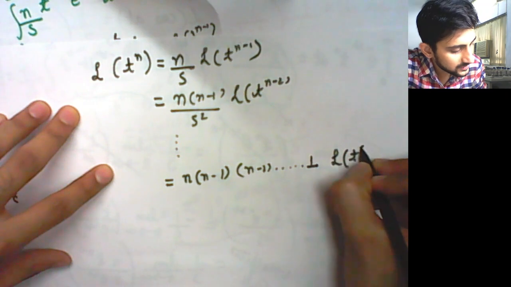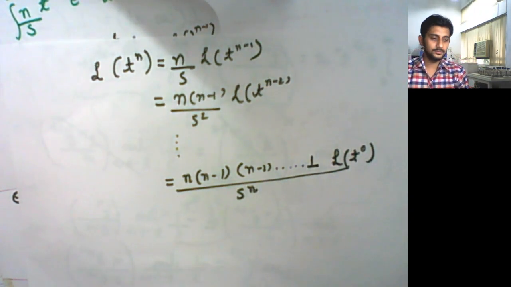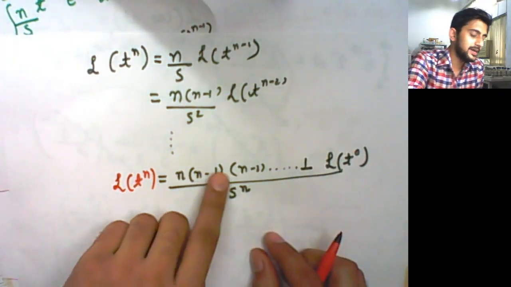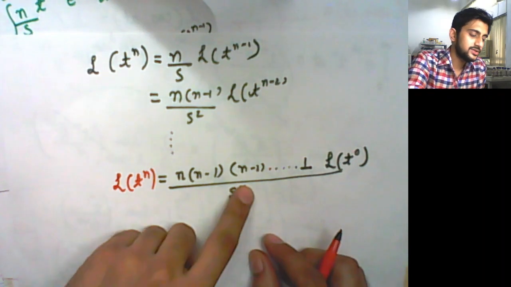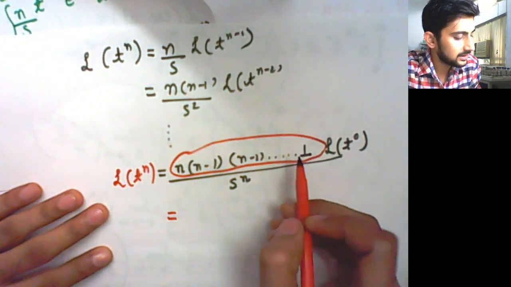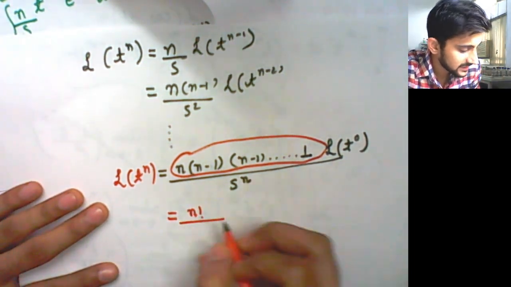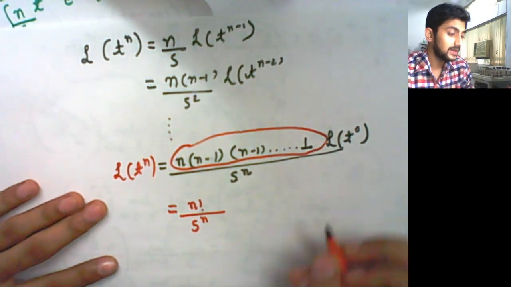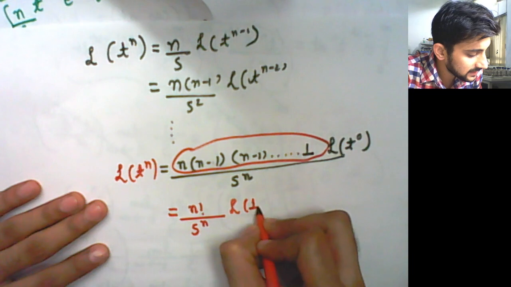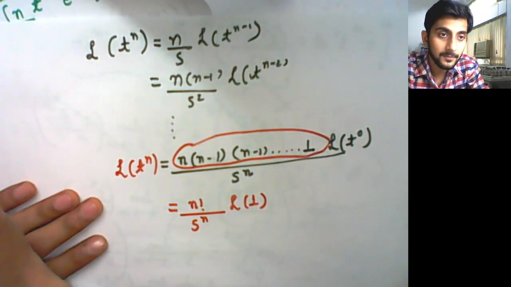Laplace transform of t raised to the power 0 upon s raised to the power n. So actually Laplace transform of t raised to the power n is n minus 1, n minus 2, and so on, upon s raised to the power n, Laplace transform of t to the power 0. So you know that इस चीज को, like n, n minus 1, n minus 2, you can write simply as n factorial. s to the power n को हम s to the power n लिख सकते हैं. Now tell me what is Laplace transform of t की power 0. So t की power 0 is nothing but 1. Laplace transform of 1 क्या होता है?